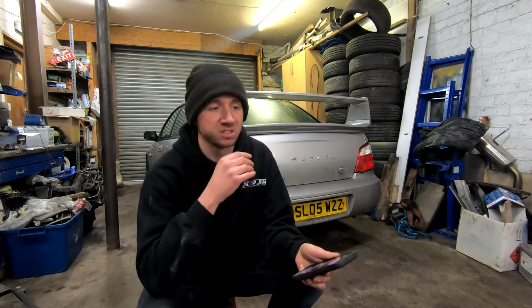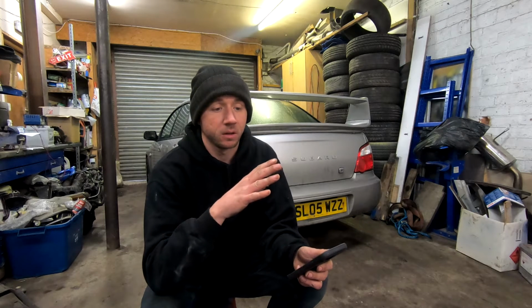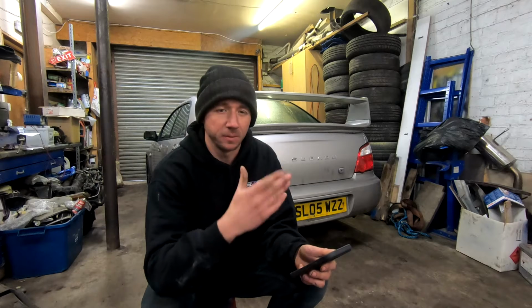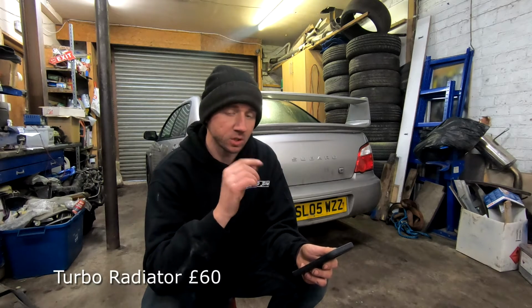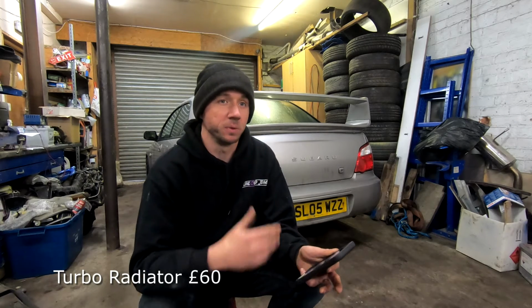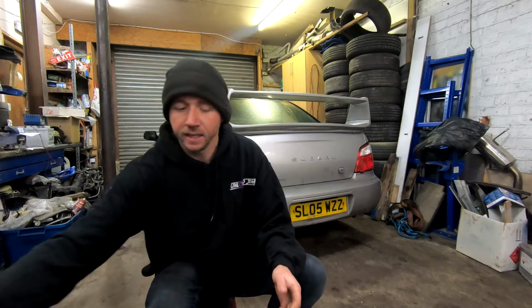Additionally, as I said before, the radiator on it is different as well. I had to get a turbo radiator, and again the same guy was selling an aluminium radiator, so I bought that as an upgrade while I was there. So that was another 60 quid, but it was an alloy one anyway, so it's a bonus no matter what. And then I had to buy